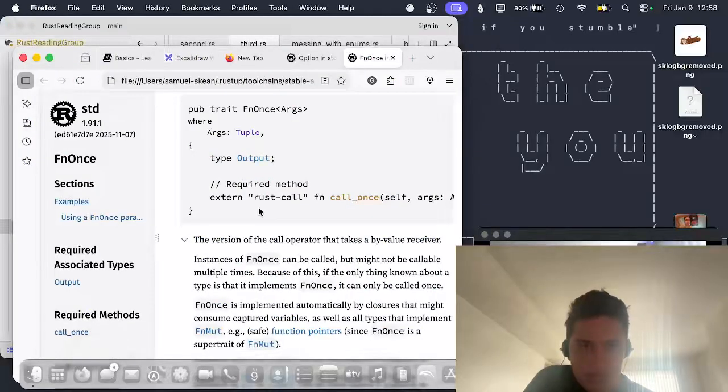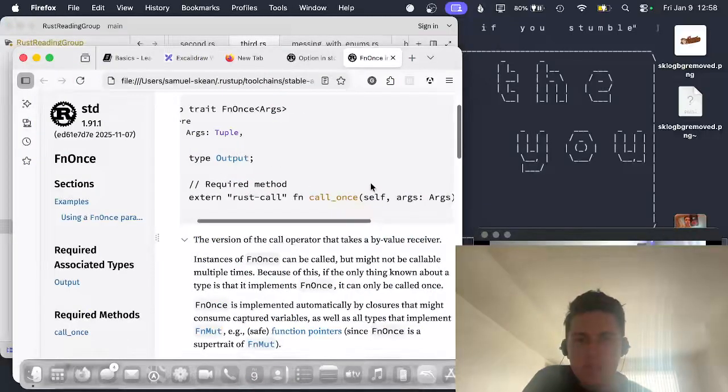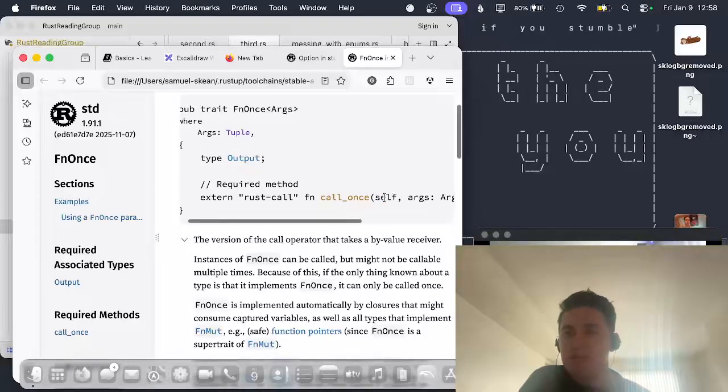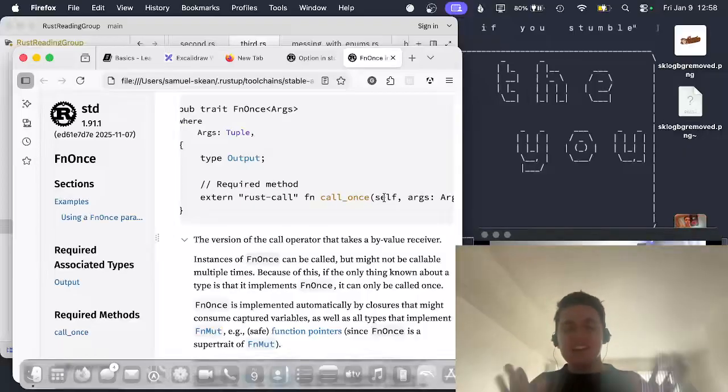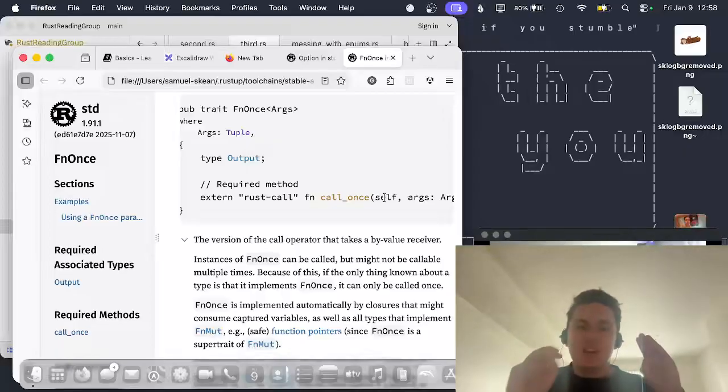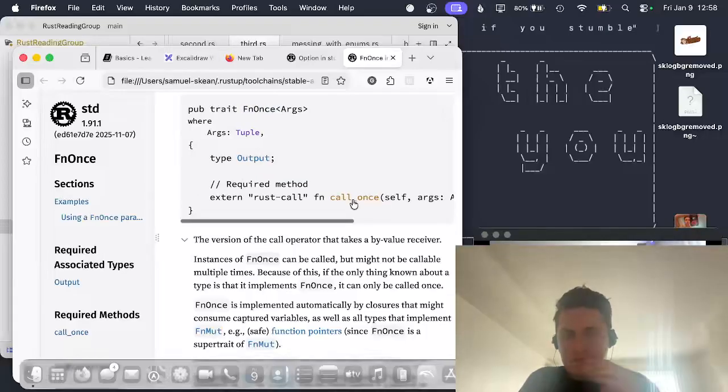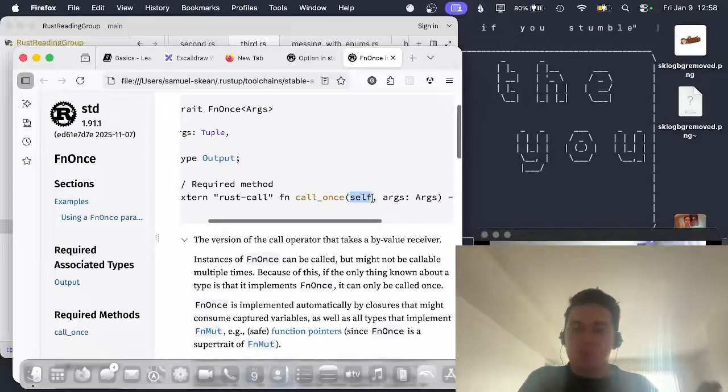So the secret to once is that it says it takes a by value receiver. All that means is that this is self, not &self or &mut self. What's important to think about is that the receiver here is the function. It's not the arguments of the function. The receiver is the function itself. So what this means is that if your function implements FnOnce, what that means is that we can call it once,